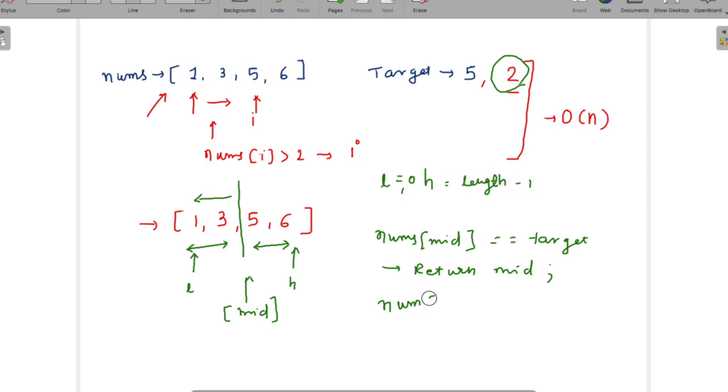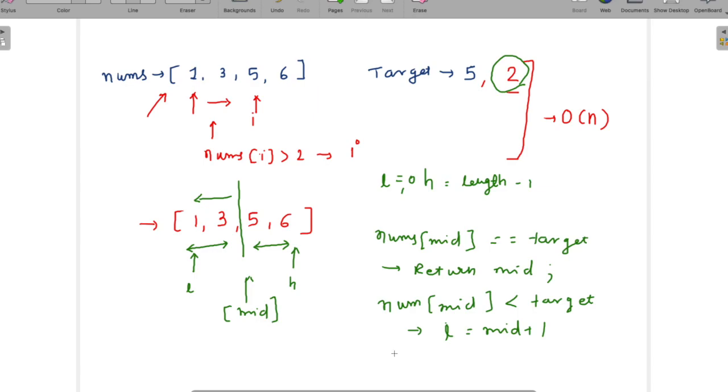If your number at mid is less than your target, that means our target is still bigger than our mid element. So in that case we want to move our left pointer to mid plus 1.